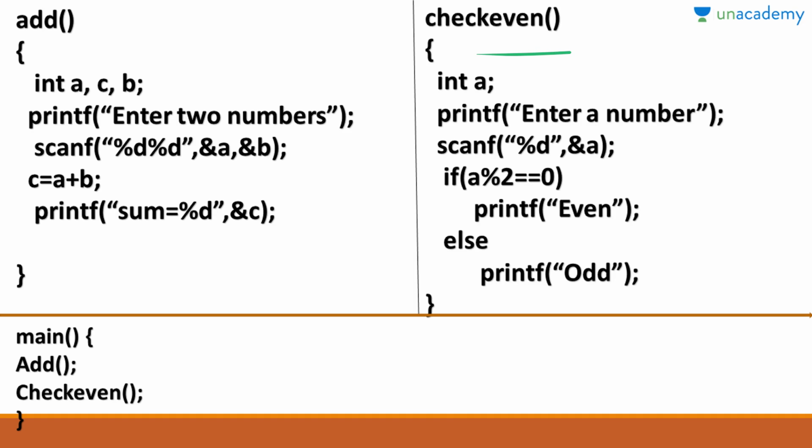And function call: we have written these functions to perform the add operation and to check whether the number is even or not, and we have called them in the main function. This is called a function call. Here, when we define any function, we do not write a semicolon, but when we call a function, we write a semicolon after calling the add function. We have not written anything inside the parentheses when defining the function, so we will also not write anything inside the parentheses in the function call if we have not written anything in the function definition.